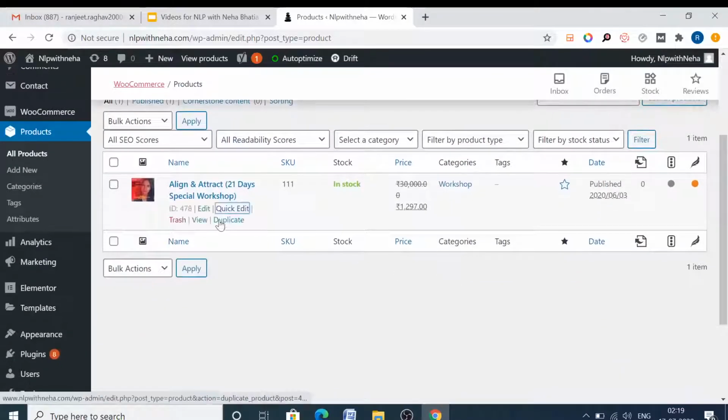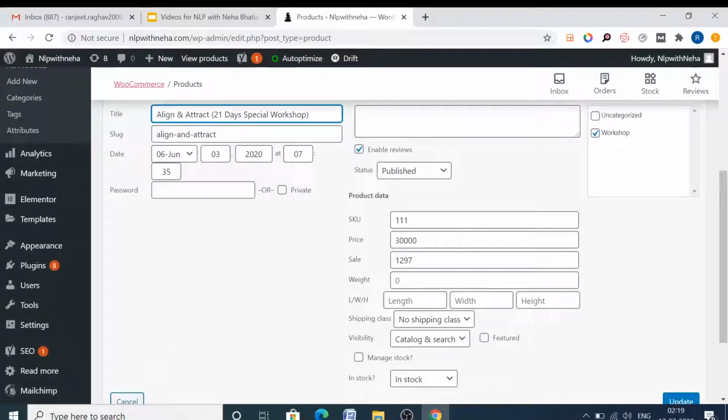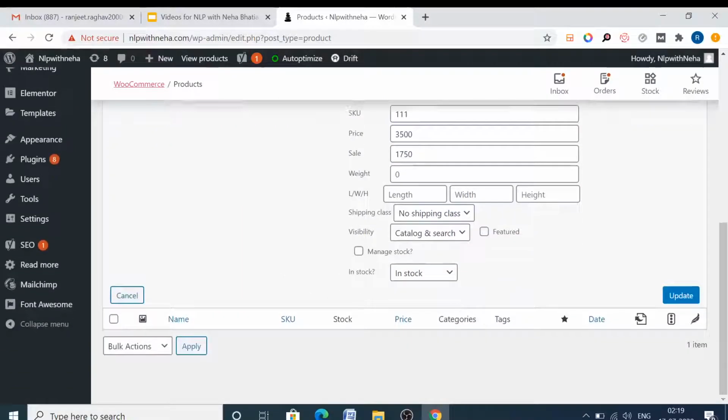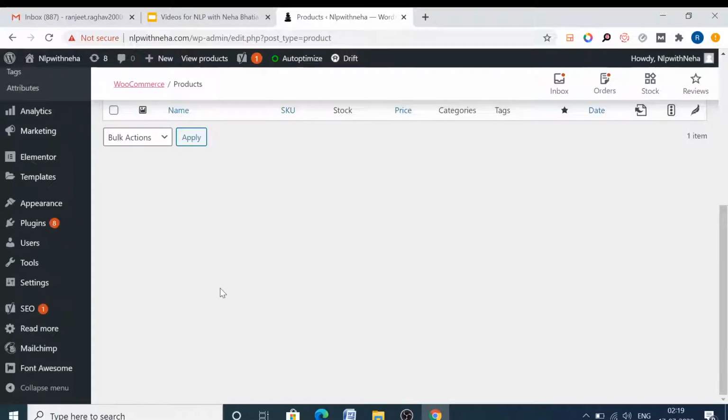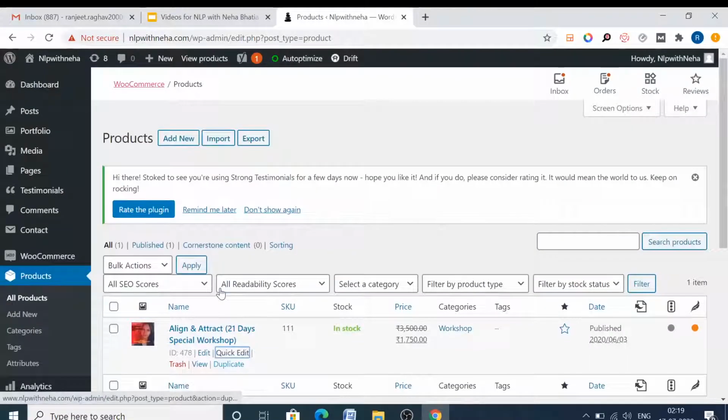We can just change quick details from quick edit. We go on to this price sale and we keep it 1750, and the price here you wanted 3500, and update. Done. That's all we need to do. So now price is updated on the page and on the product page as well.